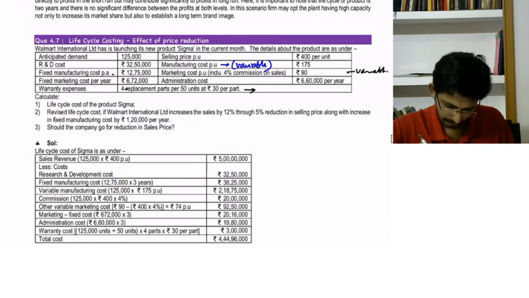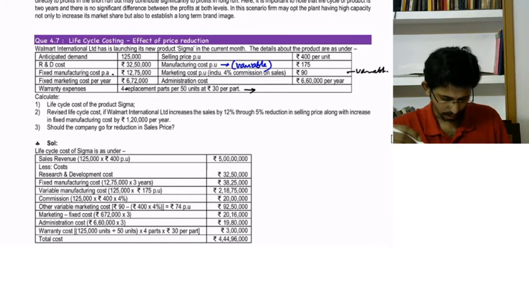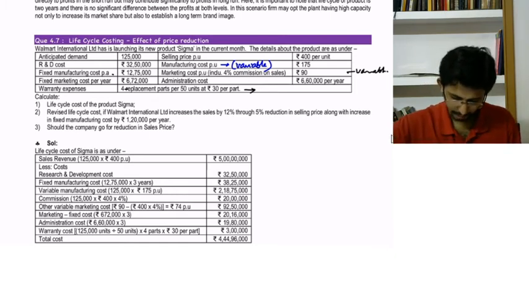It's given with demand, then R&D cost, fixed manufacturing cost per year, replacement parts per 50 at 30, then marketing cost, manufacturing, selling price. Life cycle cost, revised life cycle cost, if Walmart increases sales by 12% along with the increase in the fixed cost per year, sales reduction. Okay, so here you don't have any information regarding the life cycle, so you can write